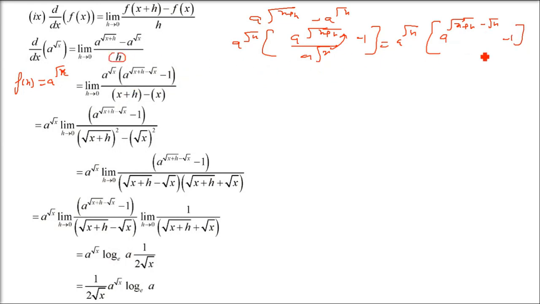And then we have h. So how to write this h? This is x plus h minus x, you can read. h is there, so add x and subtract x. It will be x plus h minus x. This one. Okay.